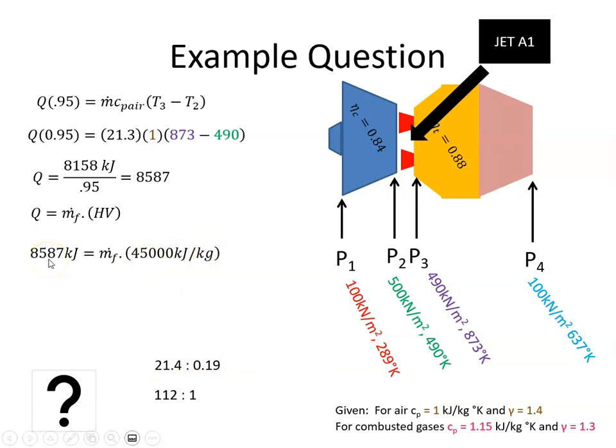So if I divide those, I get the mass of fuel to be 0.19 kilogram per second. Okay, so we have 21.3 kilograms of air going through. We have 0.19 kilograms of fuel, so we divide both sides by 0.19 and we get 112 to 1. So the ratio of